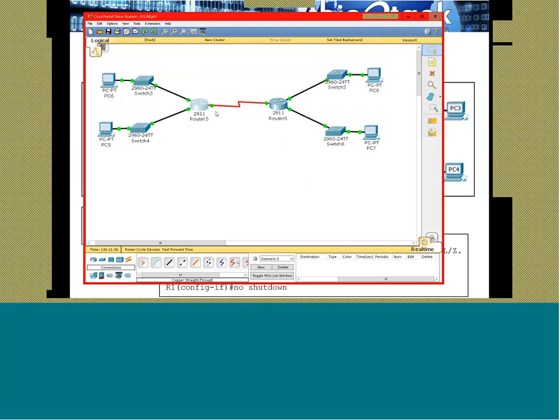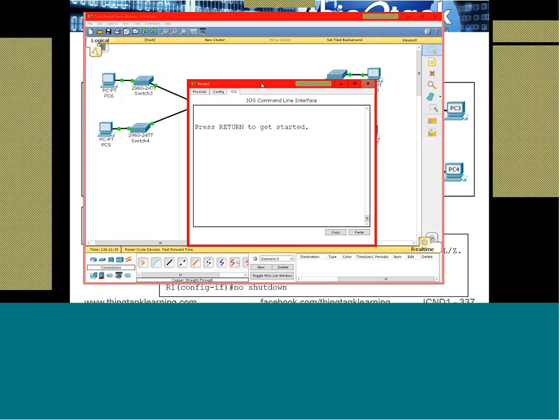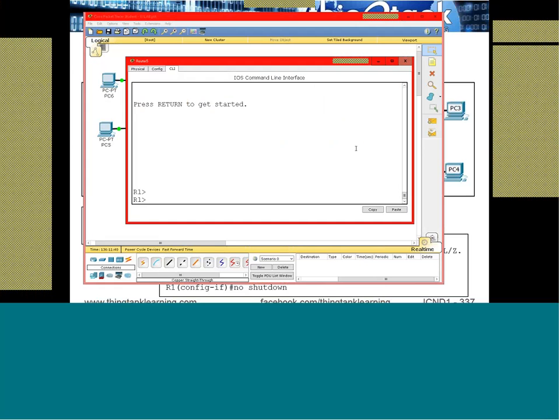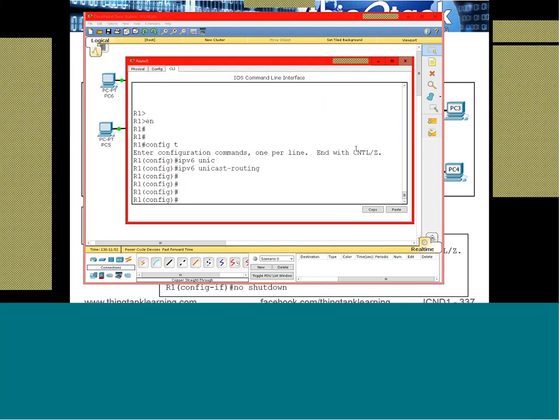Okay, so I'm going to go ahead and start my configuration. And if you're still doing your configuration, that's fine. You can still kind of follow along. But the first thing I'm going to do is ipv6 unicast-routing to turn on my IPv6 stack. Routers don't have this on by default. If I go into interface Gi0/0, we're going to do ipv6 address